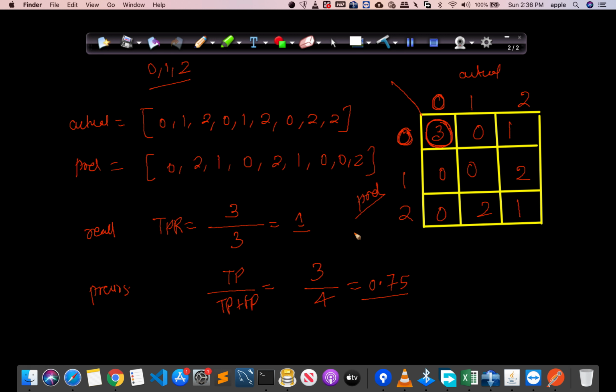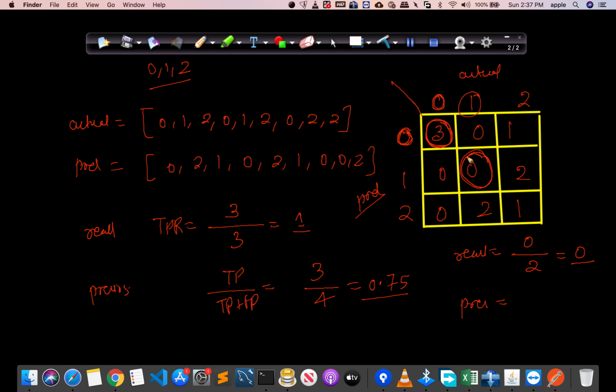In the same manner, you can calculate for class 1. While calculating for class 1, you will take this particular cell. First let me do the recall. Recall for 1 is the diagonal cell, which is 0, divided by the sum of this column, which is 2. So recall is 0. Now see the precision.